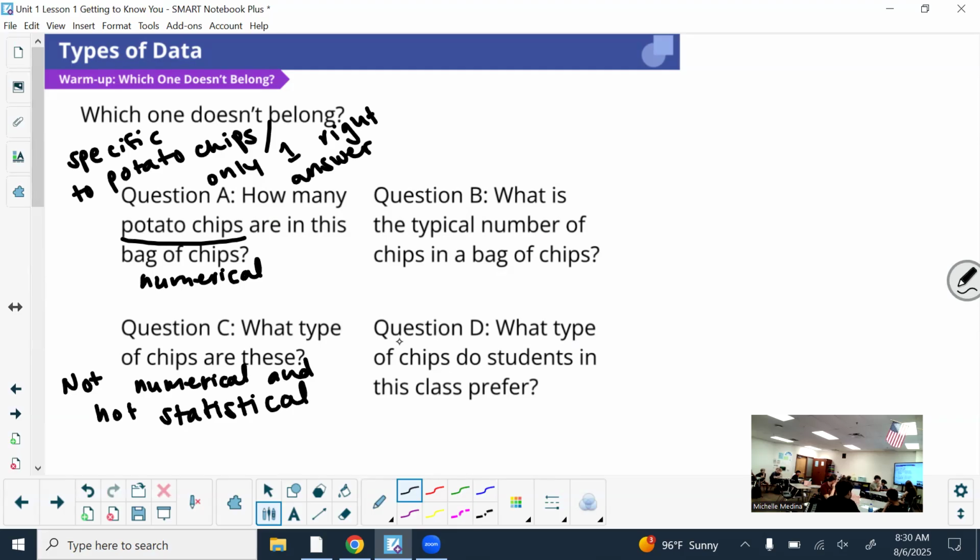The reason why that one doesn't belong is because it would require you to not only survey everybody, but to do a little bit of math to get that answer. Whenever we use the word typical, think like average or median. All right, so this one requires statistical analysis,